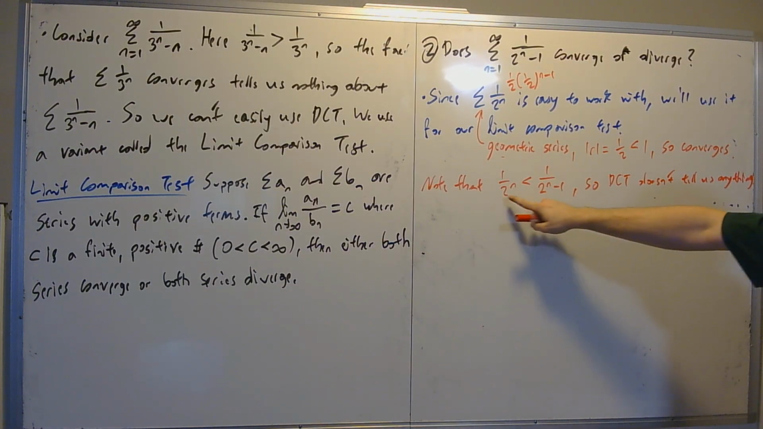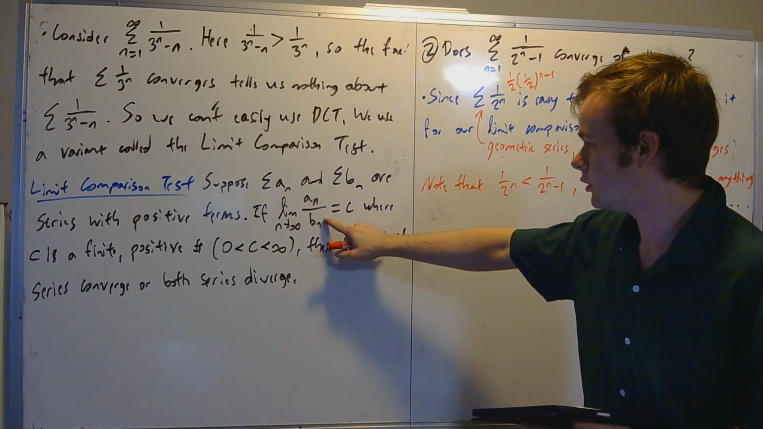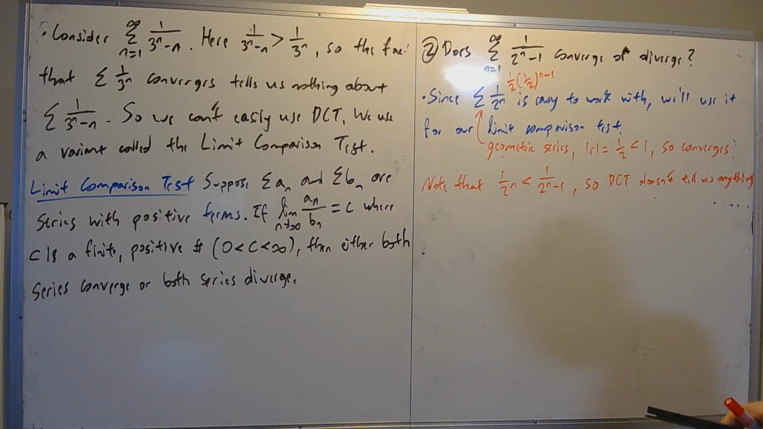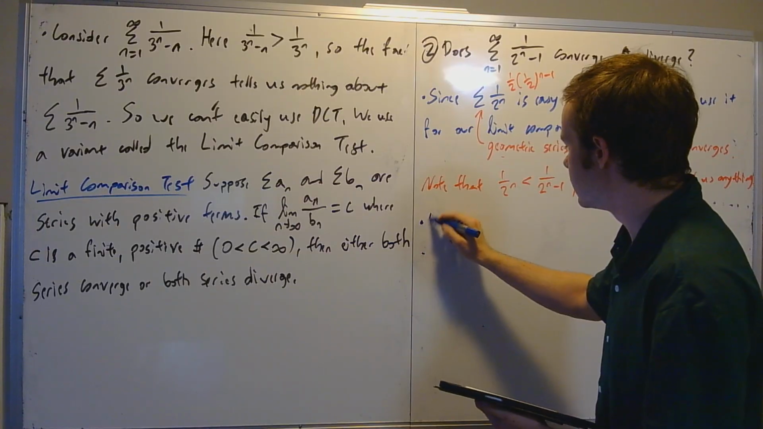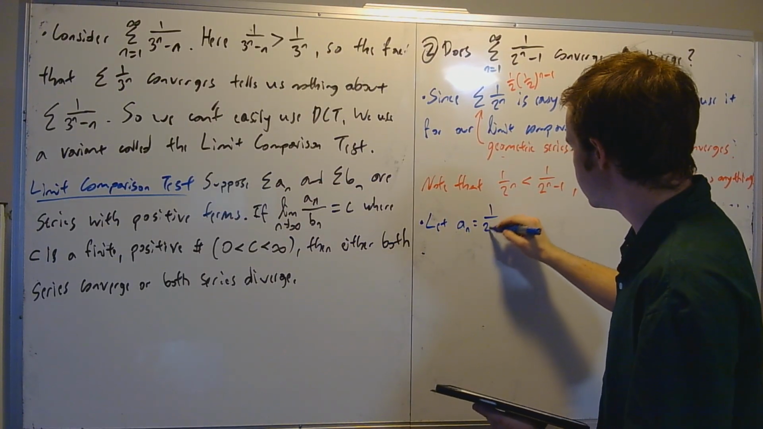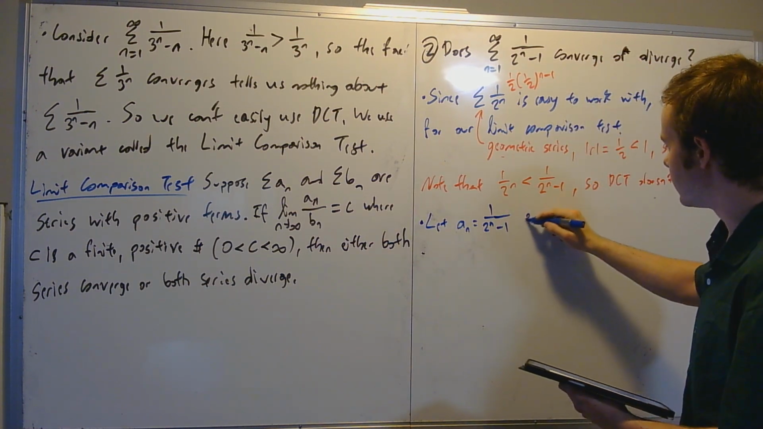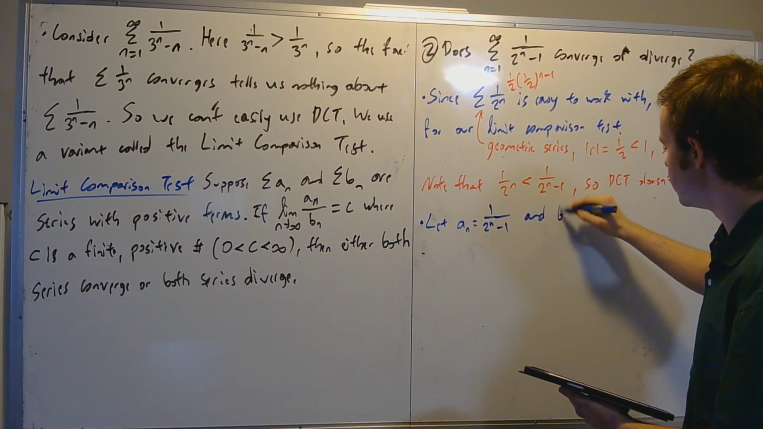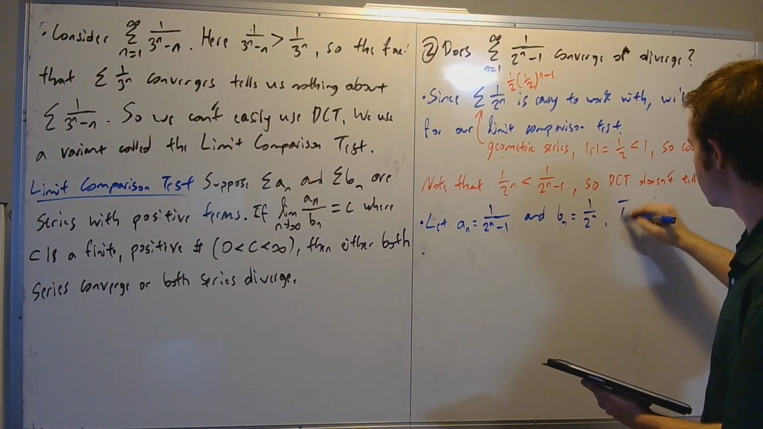Right, because we're saying that the smaller one is convergent, that doesn't say anything about the bigger one. Okay, so we're going to try to use the limit comparison test. And to use it, we need to satisfy this condition right here. So let's say let a_n equal 1 over 2 to the n minus 1, and b_n equals 1 over 2 to the n, then